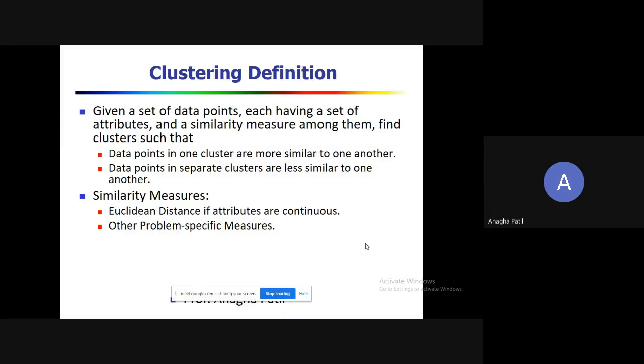Okay, so we are going to form the clusters such that the data points in one cluster are more similar to one another and the data points in separate clusters are less similar to one another. Okay, now what are the similarity measures? The similarity measures used can be Euclidean distance if the attributes are continuous. Normally we'll call it for the numerical attributes, or it can be dependent on the problem also.